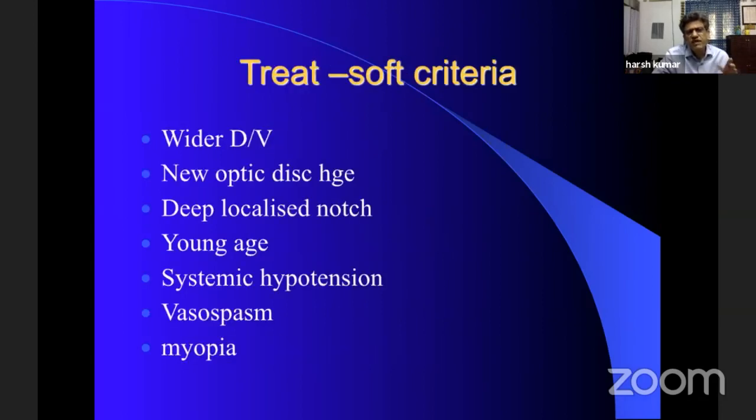Softer signs would be a wider diurnal variation, new optic disc hemorrhage, deep localized notch, younger age, systemic hypotension, vasospasm, myopia. So these are some of the things that we need to discuss. I think I'll stop sharing for some time and then we'll discuss. I think Manish, you can go ahead and let us know what would be your approach to